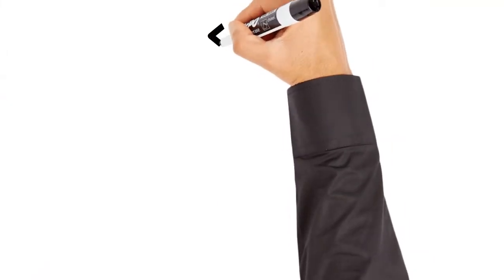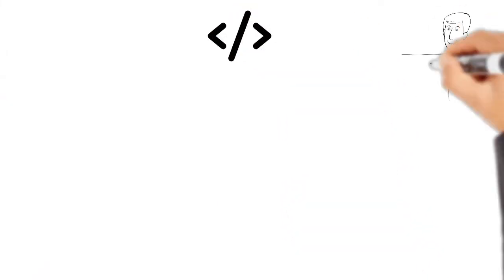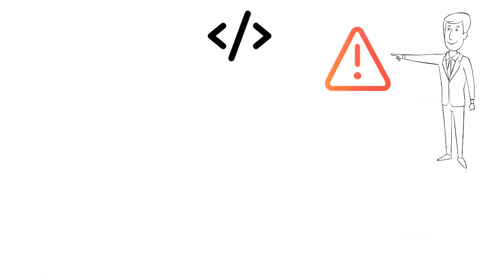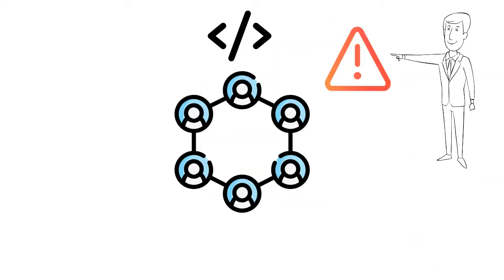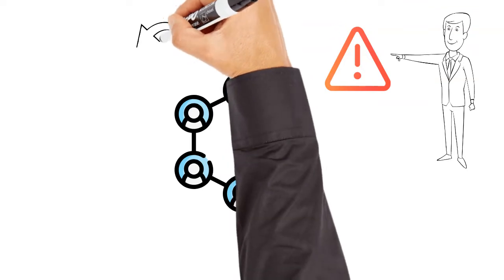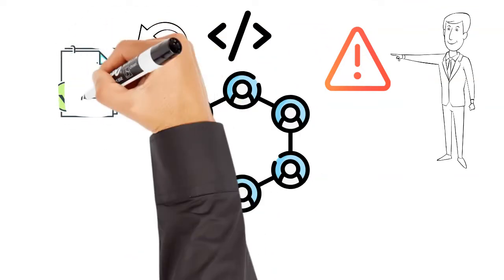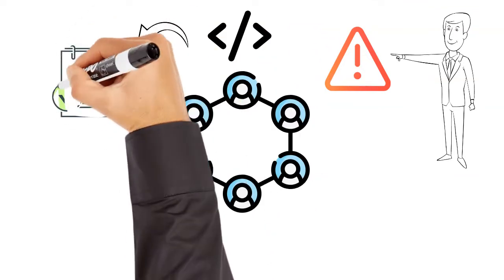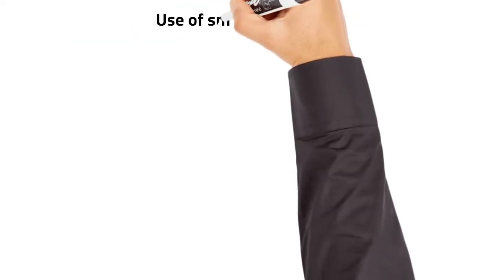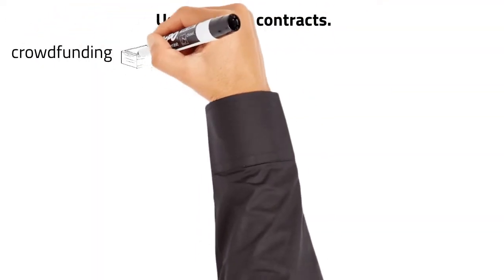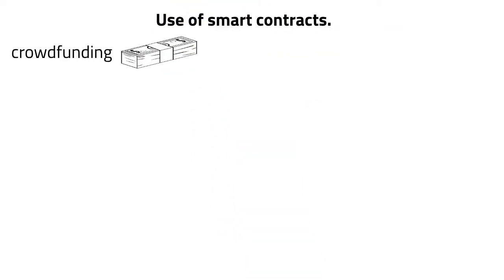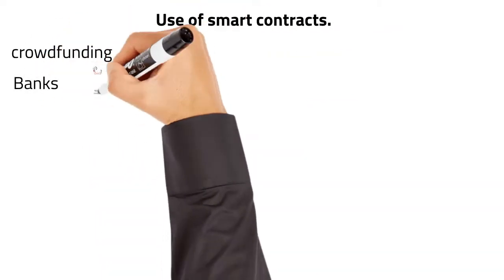Smart contracts are a piece of code designed to remove human error and issues that impact you. The code is on a bunch of computers around the world. In fact, anyone, if they wanted to, could see your smart contract and how you participate with it. So now you might wonder where and how you can use smart contracts. Smart contracts can be applied to many different things, not just crowdfunding.